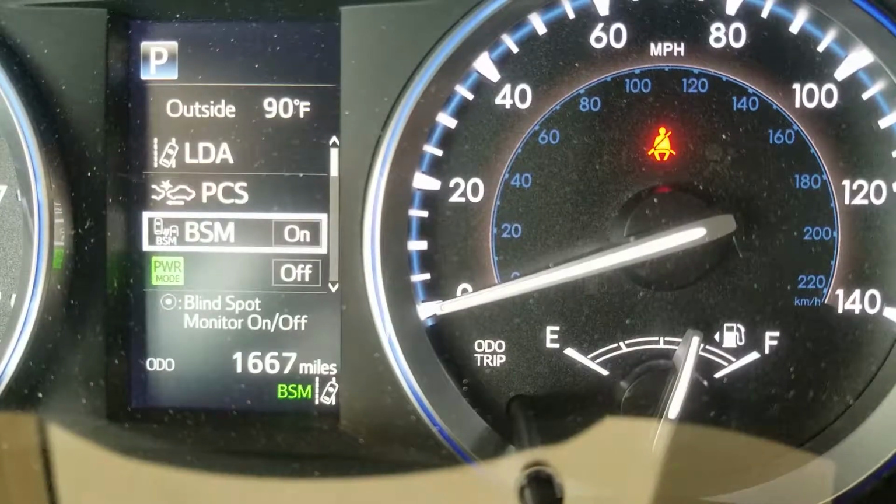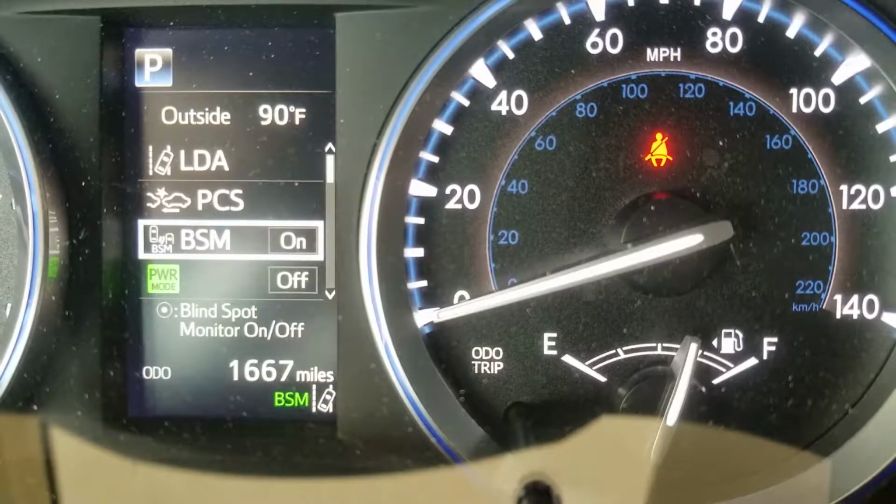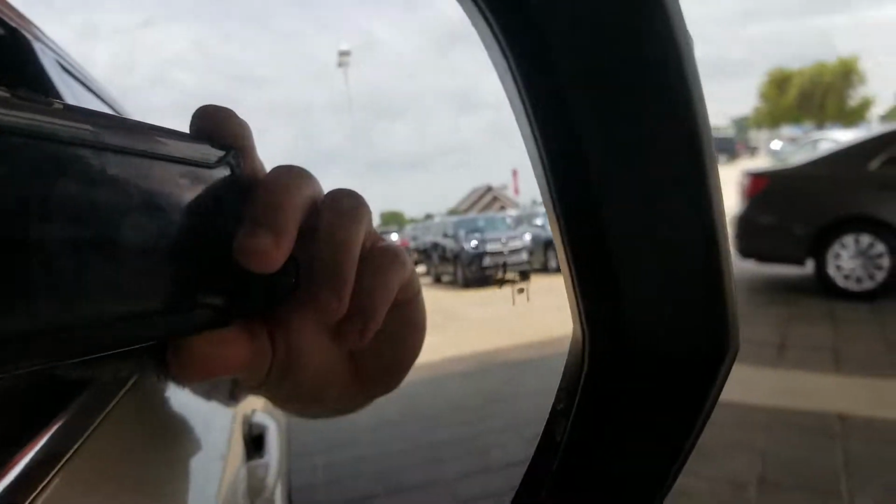And if there's someone on your left side in your blind spot and you can't see them for whatever reason, here's what happens. If you pull over to the, show her the mirror here, and there you go. And what I'm going to do is cut it off. So when I turn it back on, you see that light up? Well, that's the indicator that tells you, Crystal,